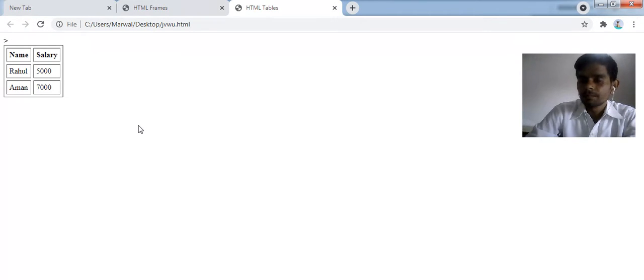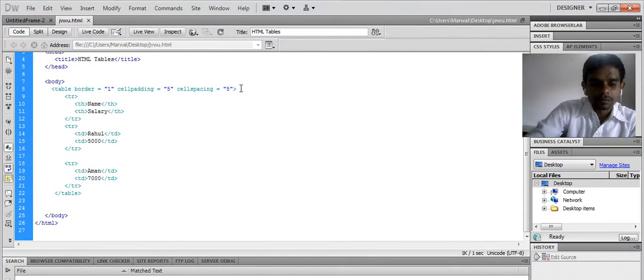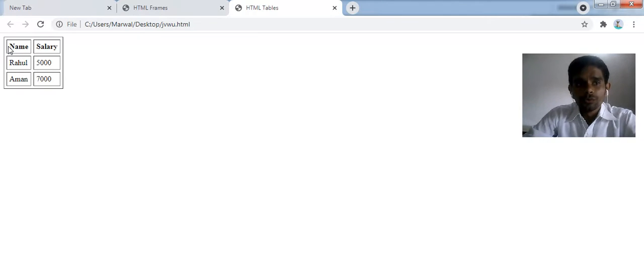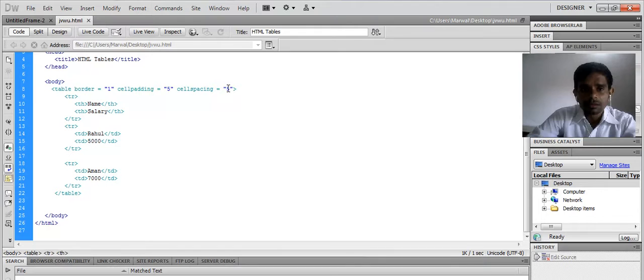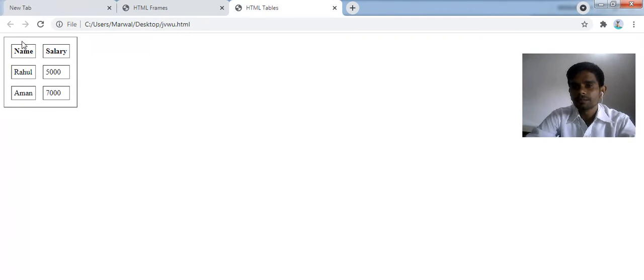Look at that. Now see. A few spaces. Let's see, 5, 5, 5 and 5. It means you set spacing as well as padding in a table. If I increase cell spacing, then what happens? Let's see, 15. Look at that.